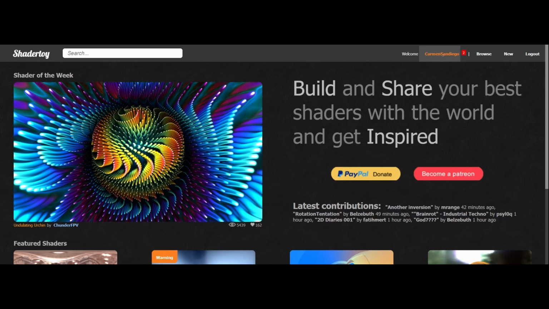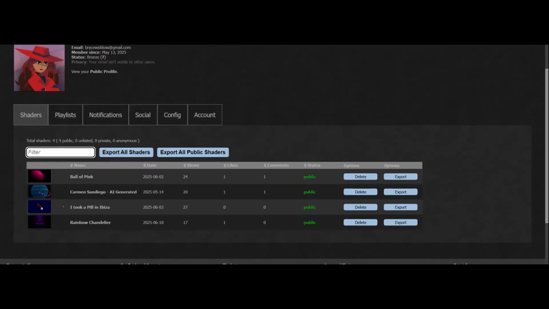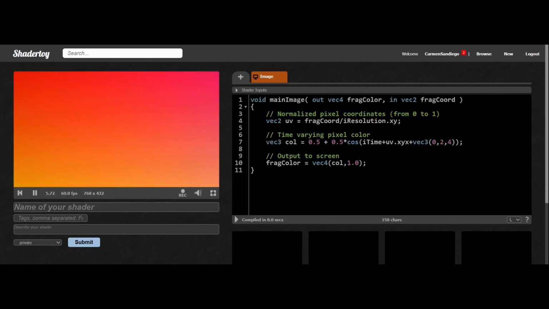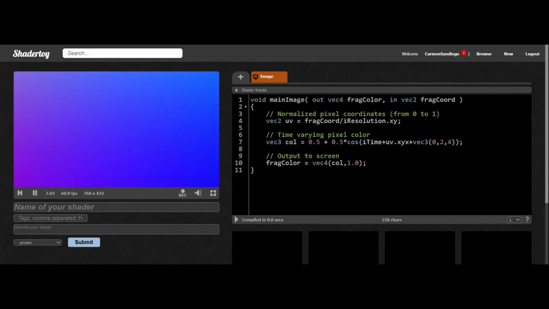Once you've created your account or logged in, click on your profile to view all of your saved marches. In the Shaders tab, all of your saved marches will appear below. So we're going to click on the New tab and create a new shader. For the sake of this demonstration, we're going to show you how to create a scene with a simple sphere